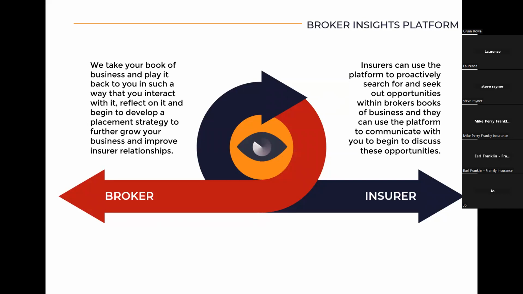It's also played back to the insurers, but just to appease any concerns there, the data is anonymized. They don't see everything. They don't see risk or claims. They don't see client information. What they see is a small series of key points about each policy, such as the type of policy it is, the date of renewal, and the business description of the client, for example. It just means that they can work out whether there is an opportunity or not, so it can be discussed